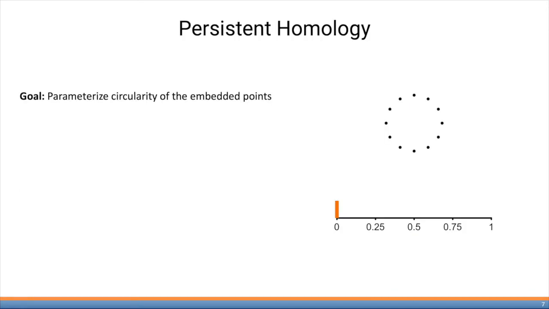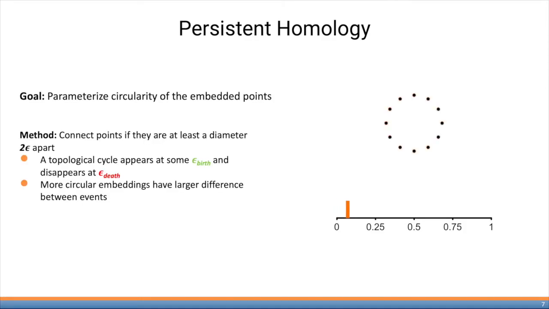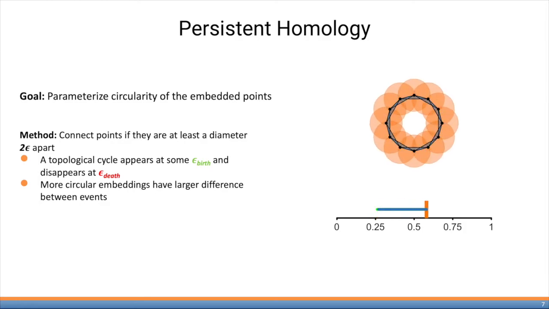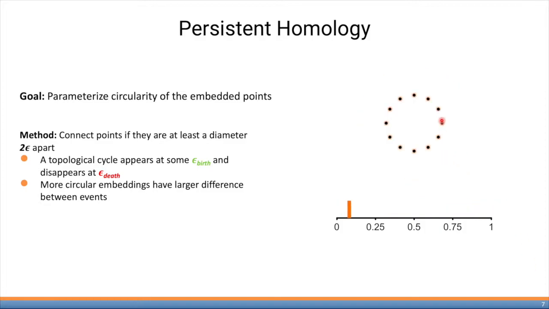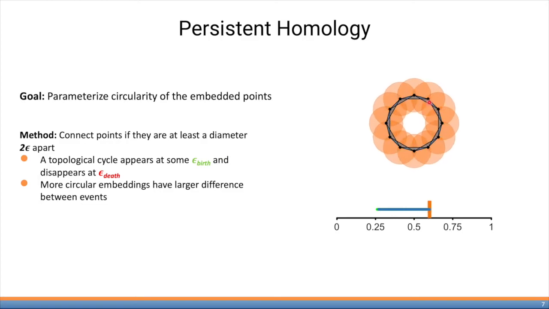Looking at our now embedded signal, the points clearly look like a circle. However, to the computer, it is merely a series of points. To quantify the circularity of the embedding, we will use persistent homology, an algebraic method for discerning the topological features of data. Essentially, the algorithm works by playing connect the dots. From each point in the embedded signal, disks of radius epsilon are incrementally grown. When a pair of points have intersecting disks, a line is drawn between those points.